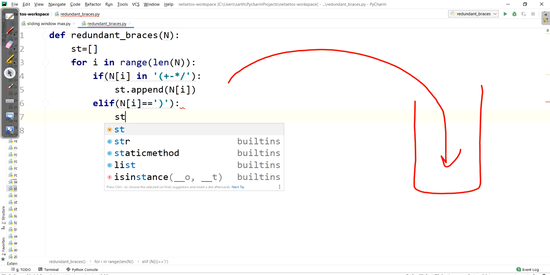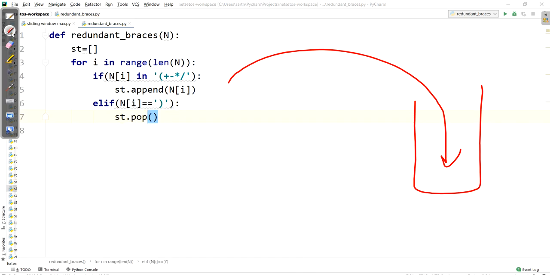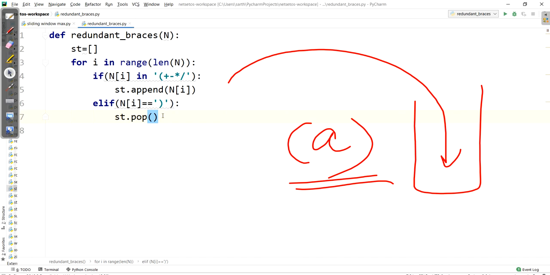So I'll write st dot pop, and also here we will check that our program is handling this condition or not, where we don't have any logical operator between parentheses. So I'll write first to pop the last element, and also if it contains an opening parenthesis, it should be in if.